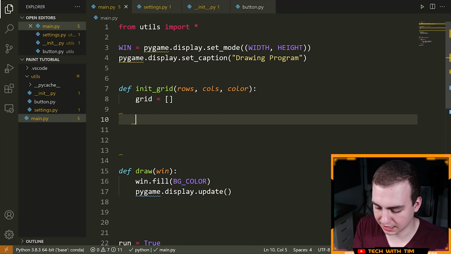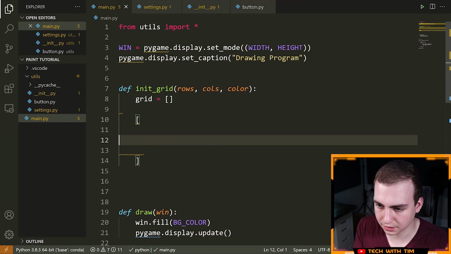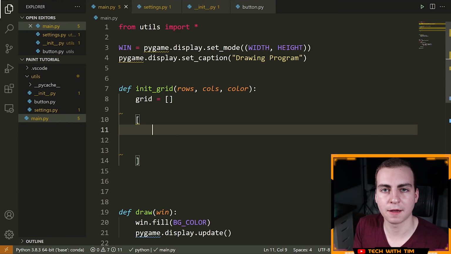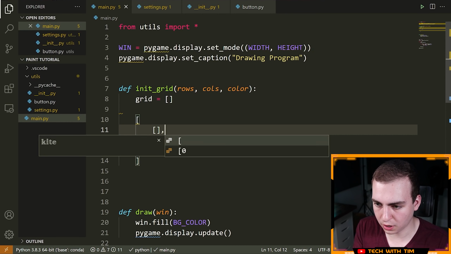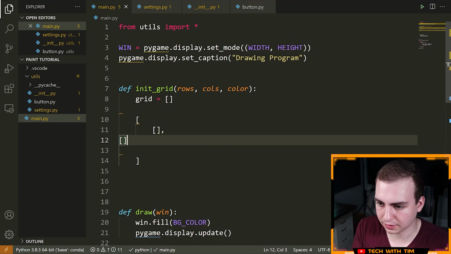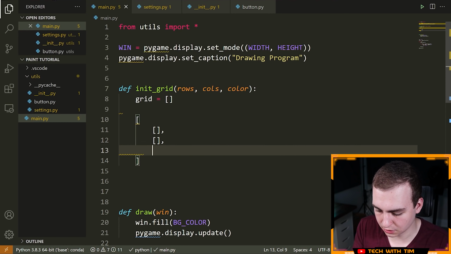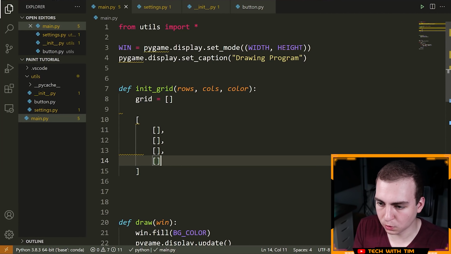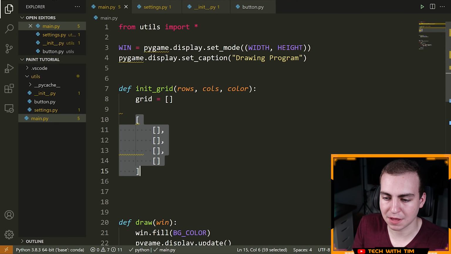So I'm going to give you a quick example to make sure everyone's clear here. Let's say we have a 4x4 grid. So 16 pixels in total, 4 rows, 4 columns, all of those are pixels. Then what I would want my grid structure to look like here is the following. Let's move this over. You guys can probably guess where this is going, but I want to have 4 lists inside of my main list.